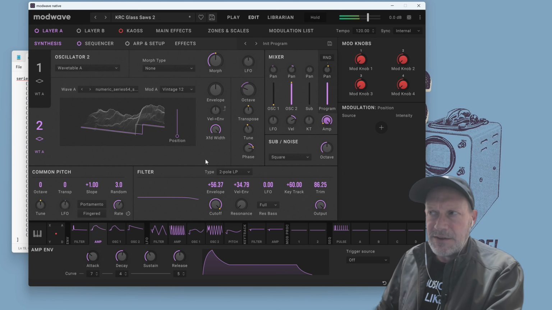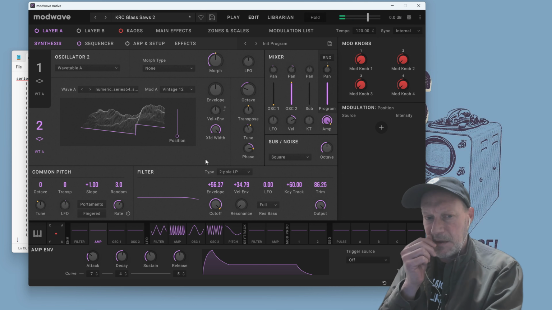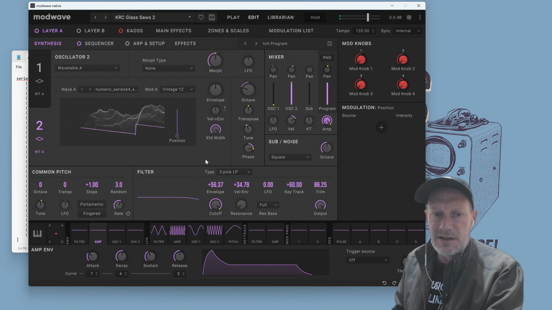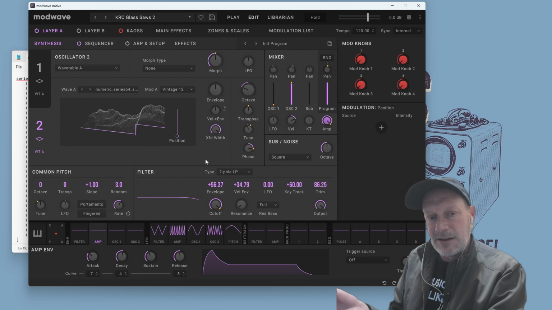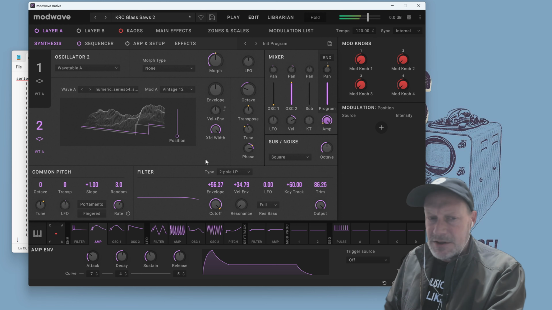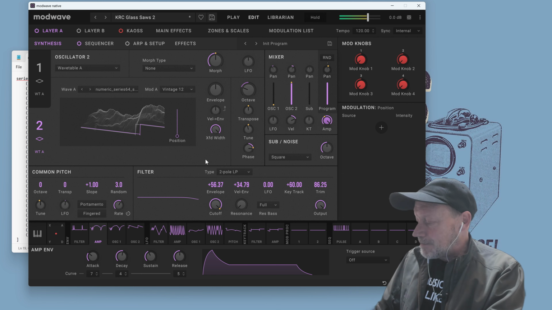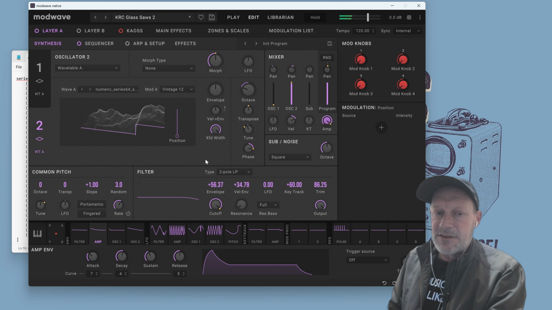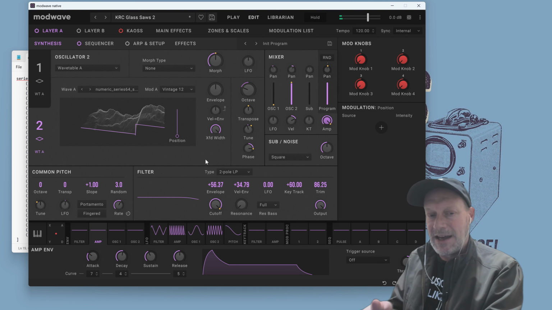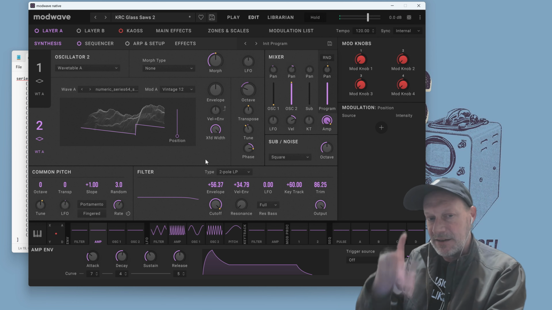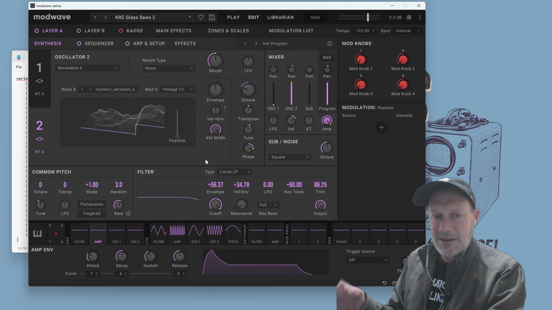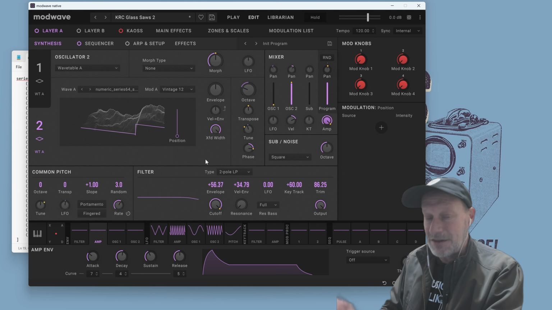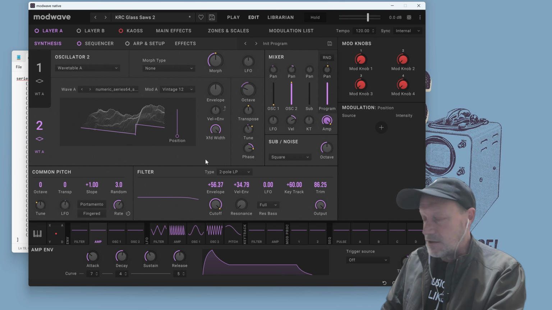The sawtooth wave itself is a numeric series waveform that just uses the natural numbers, right? 1, 2, 3, 4, 5, 6, 7. It has every single harmonic in it, up to the Nyquist limit, and those harmonics fall off with a ratio of 1 over n, where n is the harmonic number. So the first harmonic is the full strength, the maximum volume. The second harmonic is half that. The third is a third. The fourth is a fourth, and on and on,